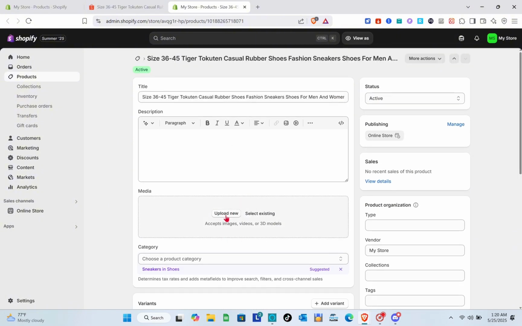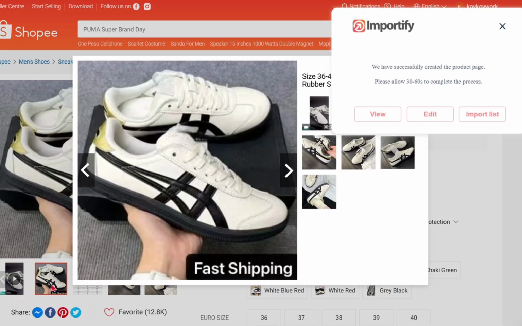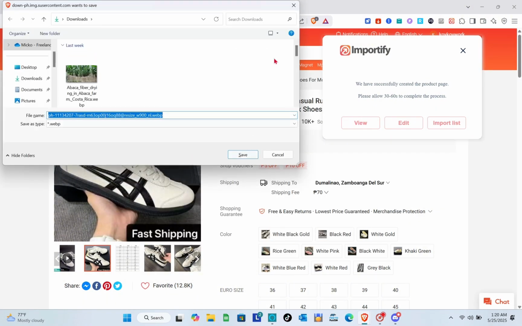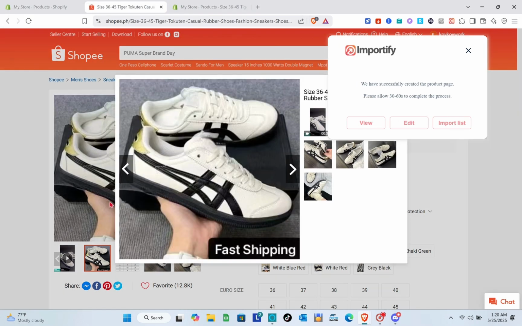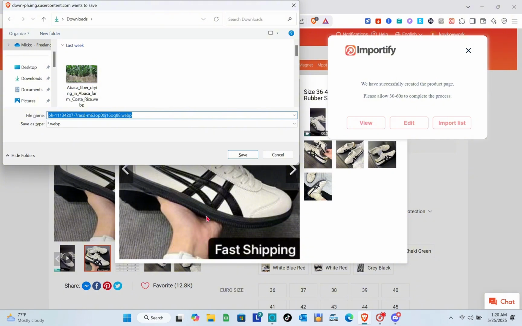Okay, so again, we can manually upload the images here if you cannot find them after we imported this product to our Shopify store. So you can just go back to Shopee and then you just have to save the important images of this product. Okay, so just click on it and then save image as, so we can upload it on the details on